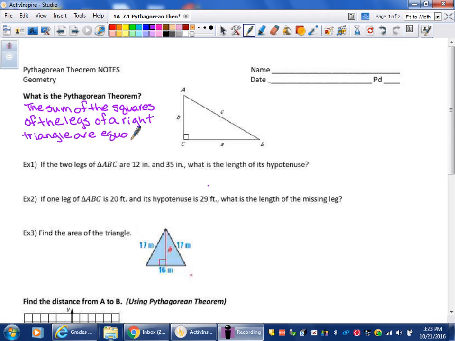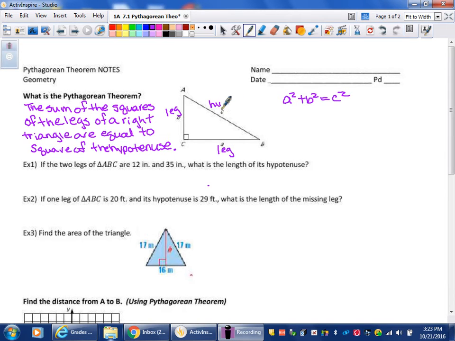Let me finish writing that real quick. Otherwise known as a squared plus b squared equals c squared, where a and b are the legs and c